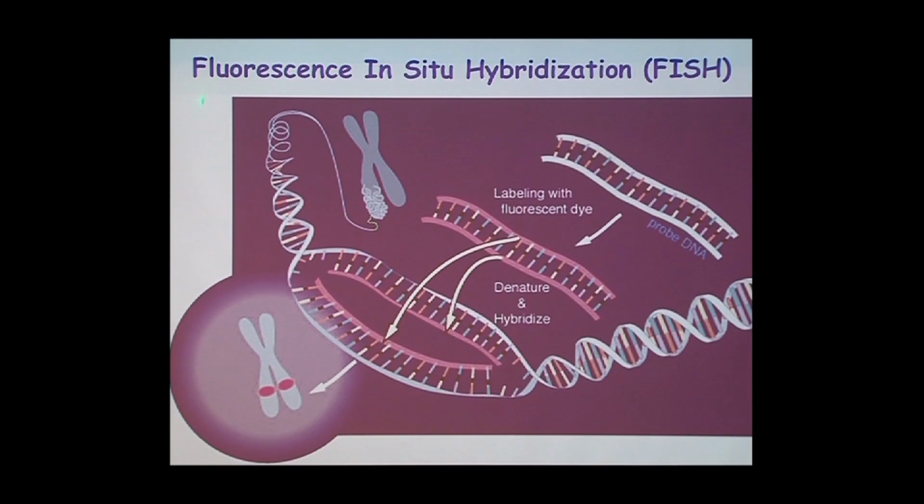So there are a few different molecular techniques that layer on top of that karyotype, if you will, that allow us to look at smaller resolution. A karyotype, you can't see at a single gene level. You can look at the whole chromosome, you can look at regions of the chromosome, but you can't see a single gene. But a way that you can look at a single gene is to use this technique of fluorescent